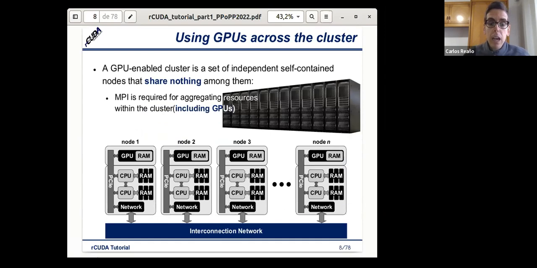So when we have GPUs across all the cluster, like in this figure in which we represent the interconnection network at the bottom, then we have different nodes, and in this case all the nodes are similar. We have a couple of CPUs and then one GPU per node. So in this case we can run an application in one node, but notice that an application running in node 1 is not sharing anything with an application running, let's say, in node 3.